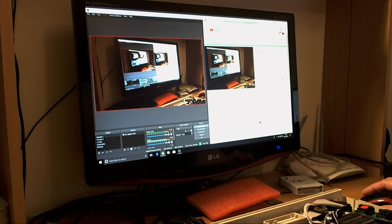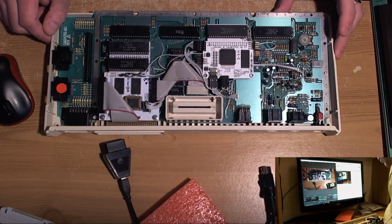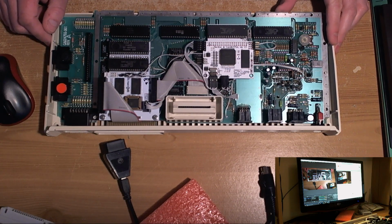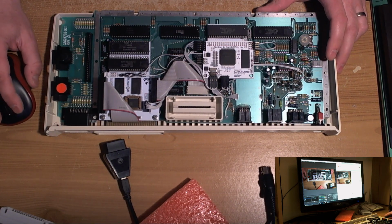So we are revisiting yet again, for one final time, this 600XL. I thought I would do a very quick video just to follow up on it because it's pretty much ready to go. So the reason I've got the camera mounted in this